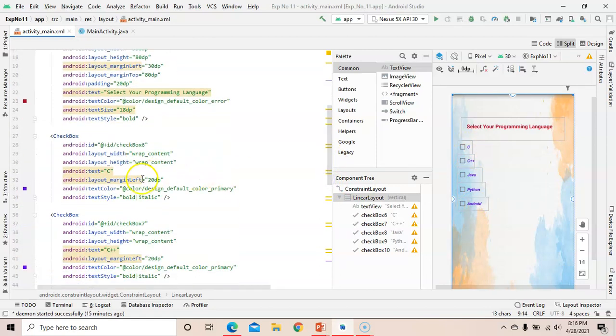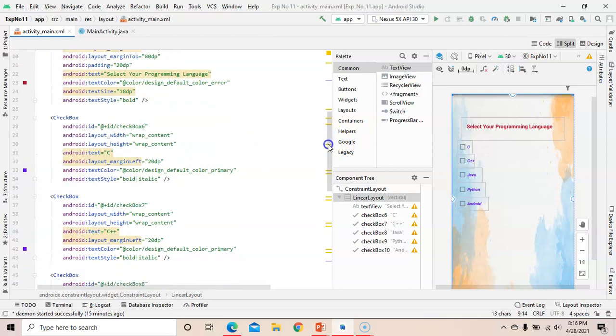When you give the margin top attribute here, it will not work because by default they will be added linearly like this. So here I have only used margin left. Margin left is 20. From here to here my space is 20.